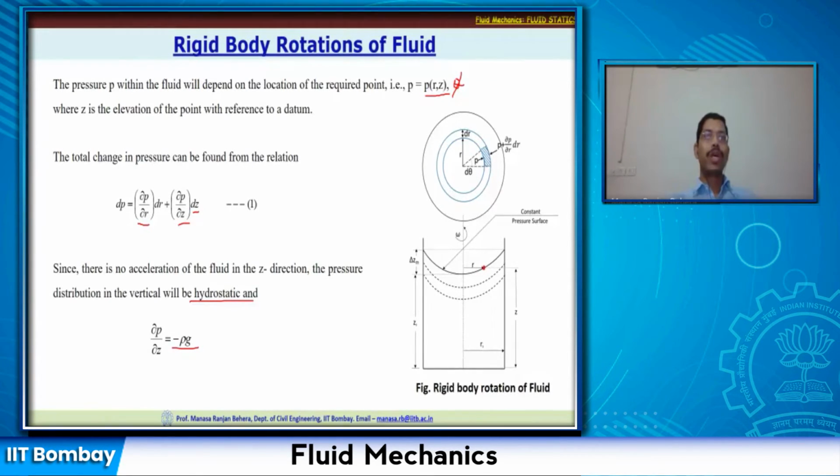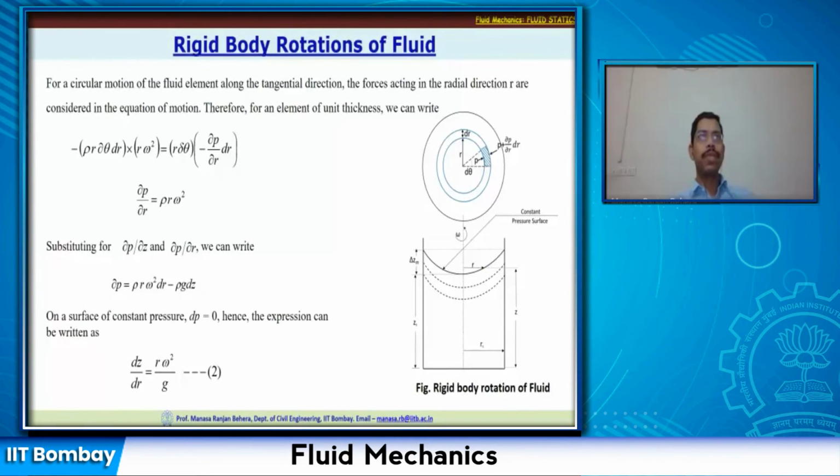Now we will also figure out what ∂P/∂R is. Let us consider this elemental fluid here, where R is the radius up to this point and theta is the angle. So R d theta is this stretch. The pressure acting on this element is P from this side, and there is a change over delta R, the width of the strip. So the pressure between this point and this point is going to be P plus ∂P/∂R into dr.